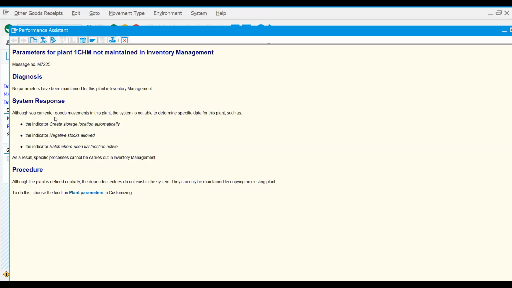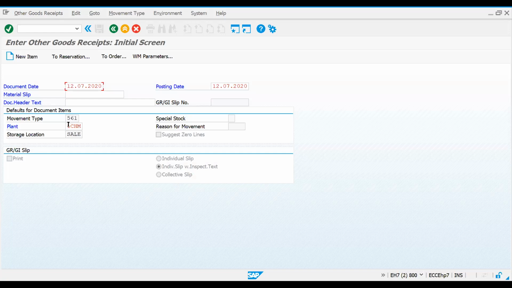Although you can enter goods movements in the plant, the system is not able to determine specific data for this plant, like whether it needs to create storage locations automatically or allow negative stocks. So basically you have to maintain the plant parameters centrally, then it will allow you to post material for your stocks. Since your material has been extended for this plant 1CHM, now let's resolve this error.